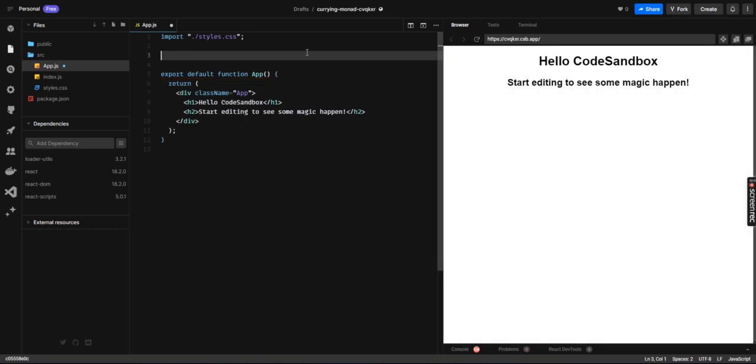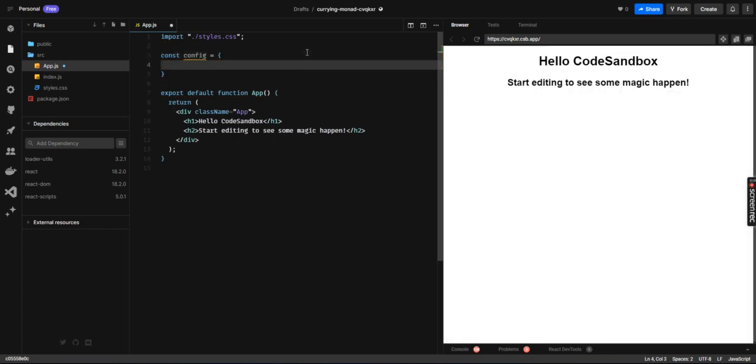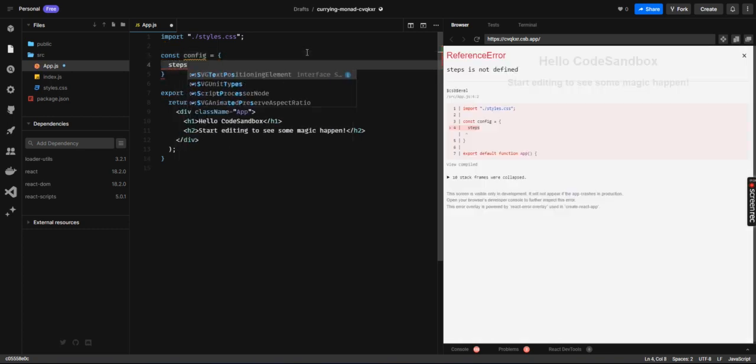So first thing first, make sure you have a React application running. For this example, I'm going to be using a CodeSandbox, so it's easier for me to share it with you guys without having to put it on my GitHub. So yeah, let's start. First thing first, let's have a config, which is going to be an object, and it's going to have a steps property, which is going to be an array